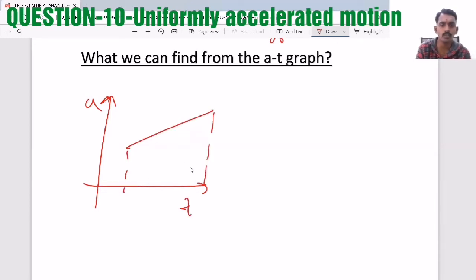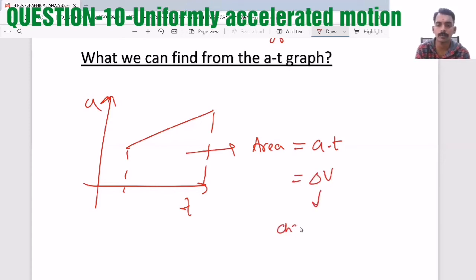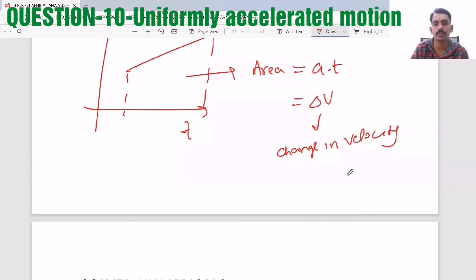Now, if you find the slope, you will not get any quantity here, but area means acceleration into time, that is equal to delta V. What is delta V? Change in velocity. So the area below the a-t graph gives the change in velocity. And in the a-t graph,